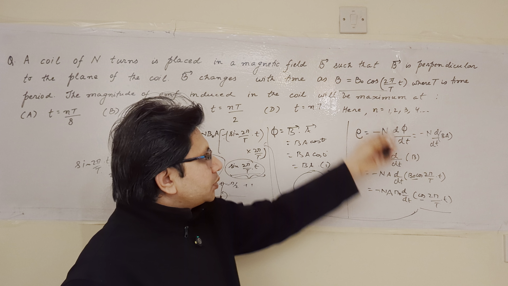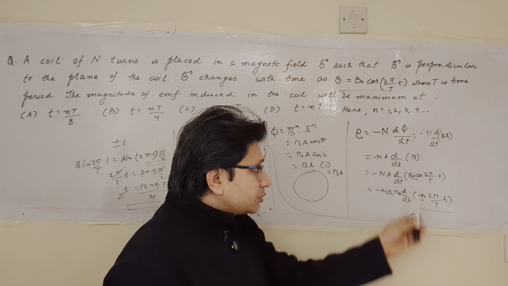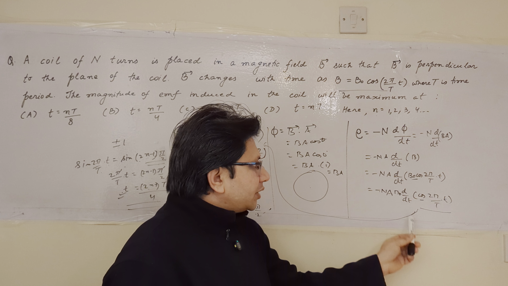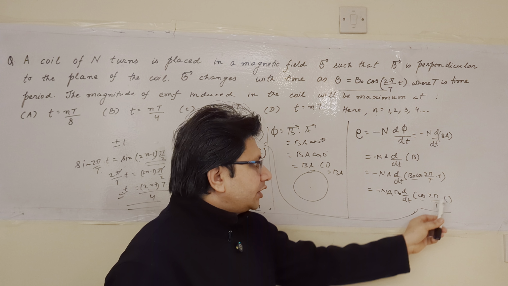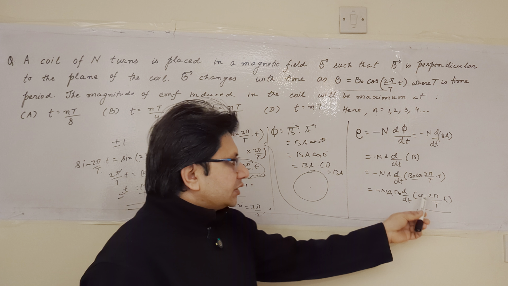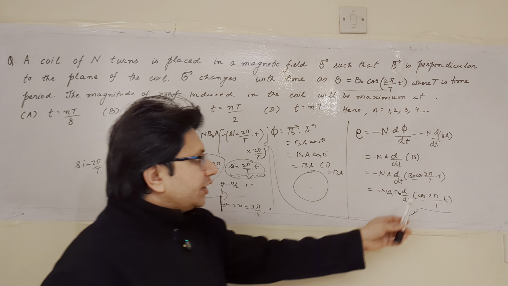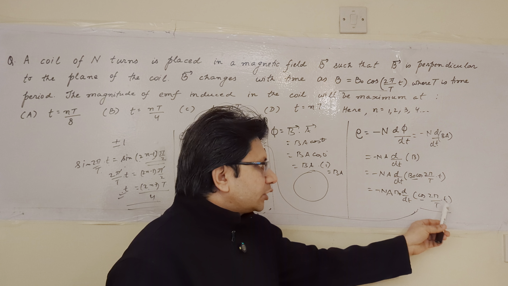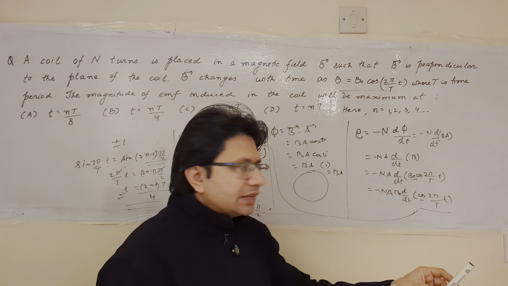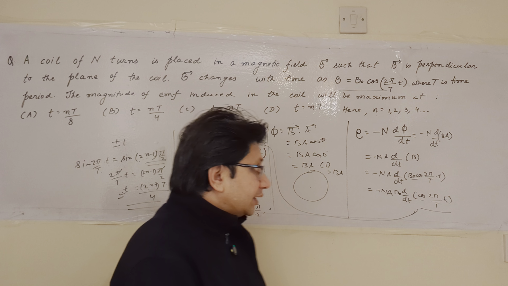बी की वैल्यू को हमने इस एक्सप्रेशन से यहाँ पे पुट किया, बी नॉट कॉस 2 पाई बाय कैपिटल टी स्मॉल टी। इसमें भी बी नॉट कांस्टेंट है तो उसको भी हम पुल आउट कर सकते हैं फ्रॉम द डिफरेंशिएशन। फिर हमें डेरिवेटिव लेना है कॉस 2 पाई बाय कैपिटल टी स्मॉल टी। कैलकुलस के बेसिक रूल्स के हिसाब से आप जानते होंगे कि इस तरह के एक्सप्रेशंस का किस तरह से डिफरेंशिएशन किया जाता है। यहाँ पे वो स्ट्रेट अवे कॉस टी का डिफरेंशिएशन नहीं है, टी का एक कोफिशिएंट भी है, तो पहले हम कॉस का डेरिवेटिव लेंगे जो कि माइनस साइन आता है, फिर उसके बाद हम टी का जो कोफिशिएंट है उसको भी हम पर्टिकुलरली डिफरेंशिएट करके लिखेंगे।